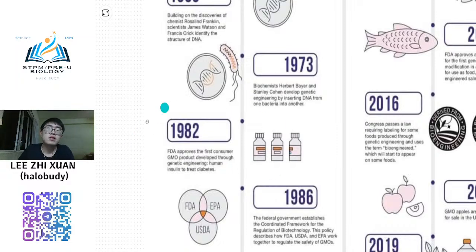Starting from 1982, human insulin is no longer a very expensive pharmaceutical product compared to before 1982. So from this year, diabetes patients can buy human insulin at a much cheaper price compared to